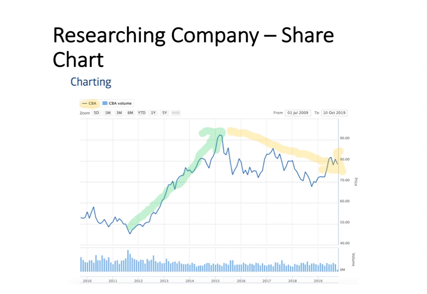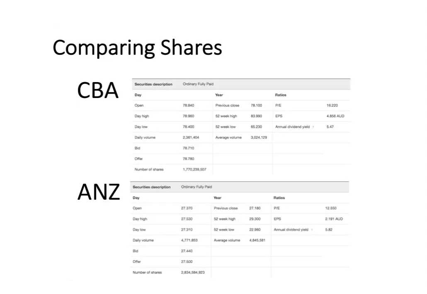So that's one area of concern, is it going to continue that downward trend, or has it started to reverse it and now starting an upward trend? So that is looking at a crystal ball, but it's information that you need to think about when you're making investment decisions and deciding on what shares to purchase. So you can use the research that you do in relation to shares to compare two companies. So we are going to compare Commonwealth Bank to ANZ. Now both of those are banks operating in the same industry, so they are easy to compare.